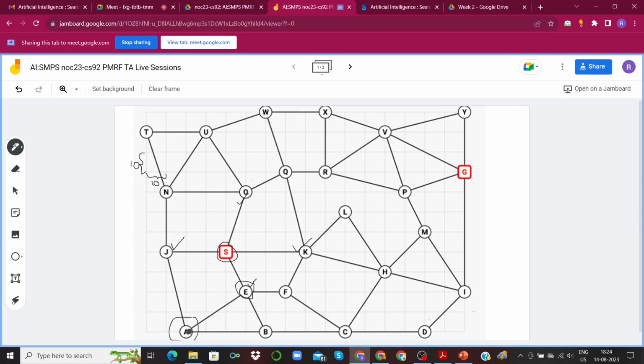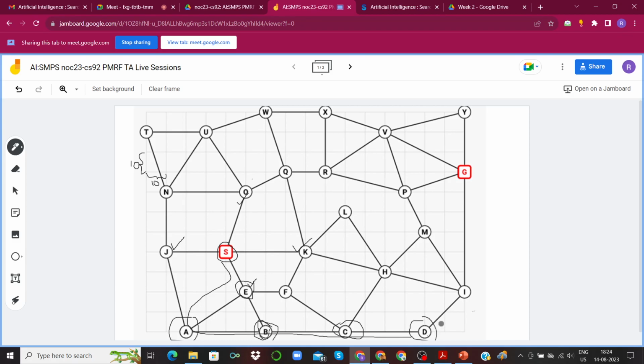Again, now we are at A, we could go to J and we could go to B. We'll go to B because J is already a part of the open list in our case. If you remember the concept of open list and closed list, we won't even consider J. From A, we will go to B. Again, from B, we will go to C. So see, it's continuing exploring in a particular depth. From there, it will go to D.